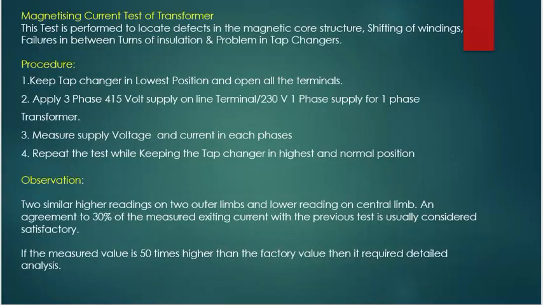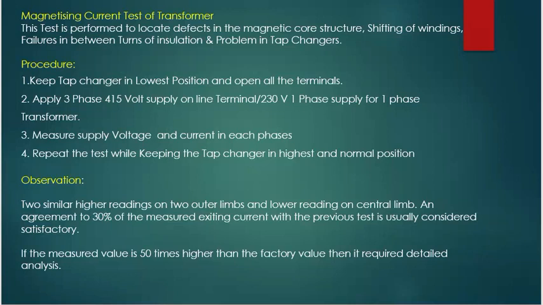Next, we will study the magnetizing current test of the transformer. Magnetizing current test is performed to locate defects in the magnetic core structure, shifting of winding, failure in between turns of insulation, etc., as this condition effectively increases the reluctance of the transformer core. The procedure is to keep the tap changer in the lowest position and open all the HV and